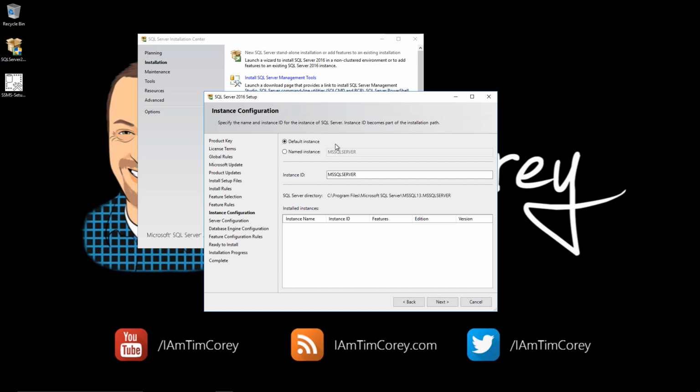On my machine, since I have both 2014 and 2016 installed, I didn't want to mess with trying to upgrade 2014 when I had some things that I was working on right then that I didn't want to